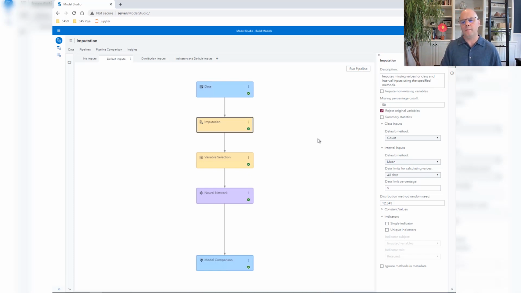Now, I want to say one thing about those particular properties. In an earlier video I did on transformations, I showed you how you can establish rules on the data tab and then actually invoke the transformations with the node itself. I could do that same thing here with imputation, but I won't just to save some time. Maybe for some variables I wanted to impute with the mean, but other variables I wanted to impute with the median. I could define those rules on the data tab and then actually invoke them by running an imputation node. Well, let's take a look at the imputation results.